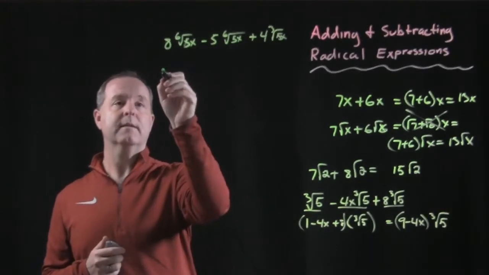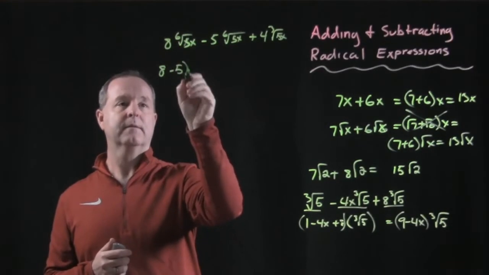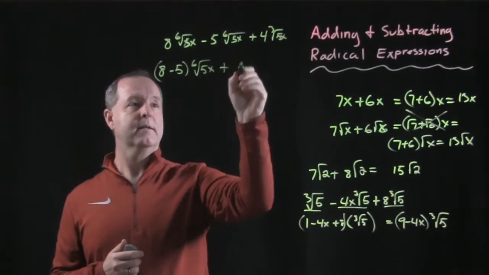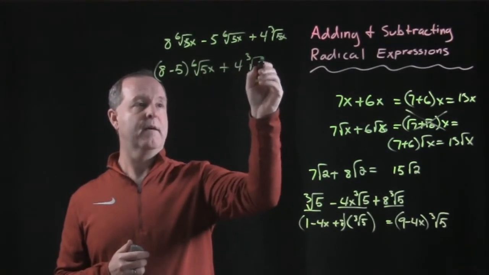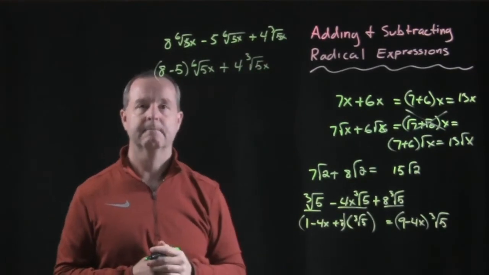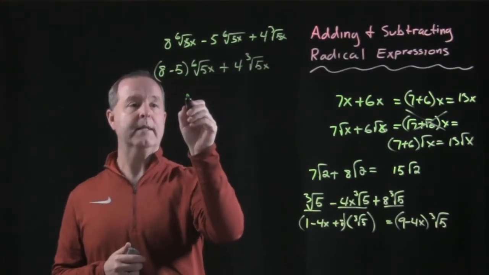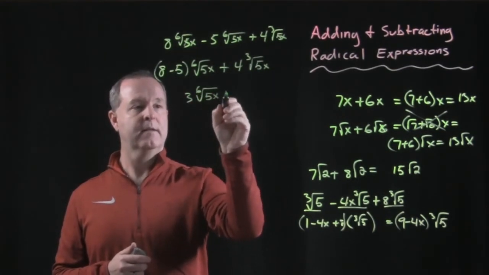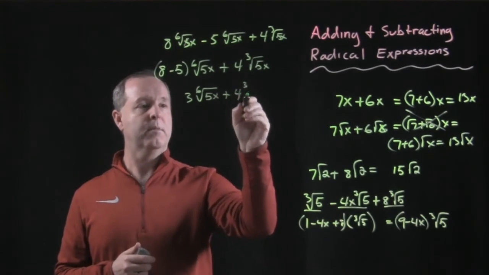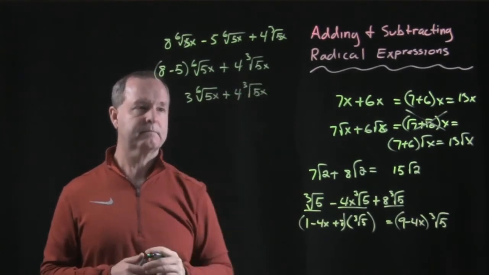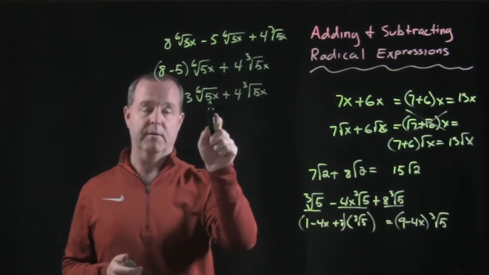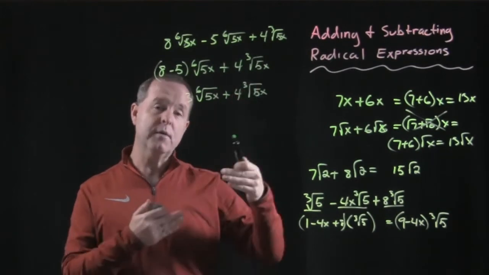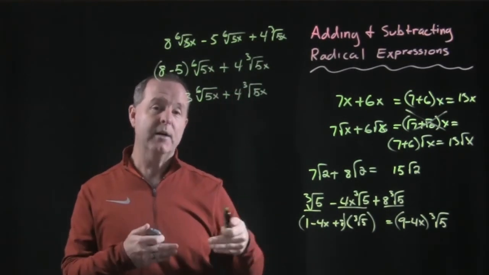So I'll have an 8 minus a 5, or 6 roots of 5x, plus 4 cube roots of 5x. 8 and 5, I combine those terms, so I'll be left with 3 6 roots of 5x plus 4 cube roots of 5x. My final result. Now, the 5x's here are not the same because they have different indexes. So be real careful when you're going through the problems to know that you can only add radicals that have